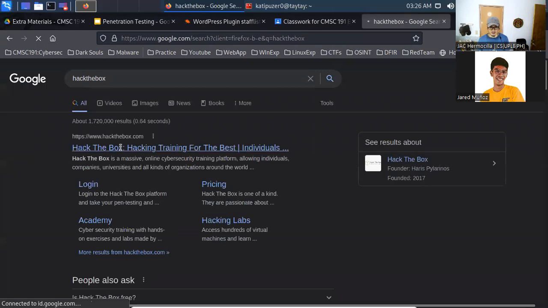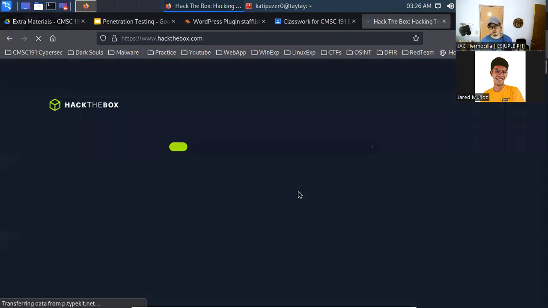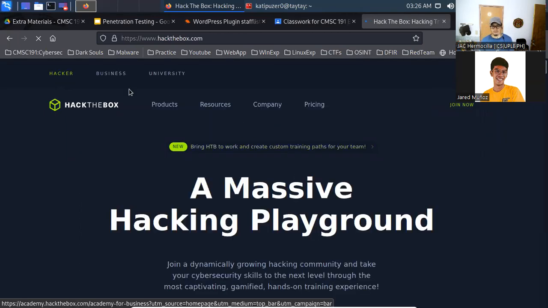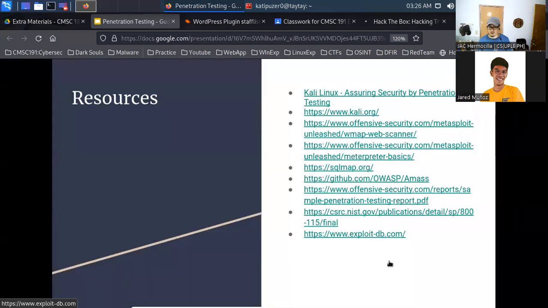So Hack the Box is another way to practice pen testing. Okay, so you will be connected to a VPN in the Hack the Box platform, and then you get the chance to perform pen tests on the machines available in the Hack the Box platform. Okay, so that ends our discussion on